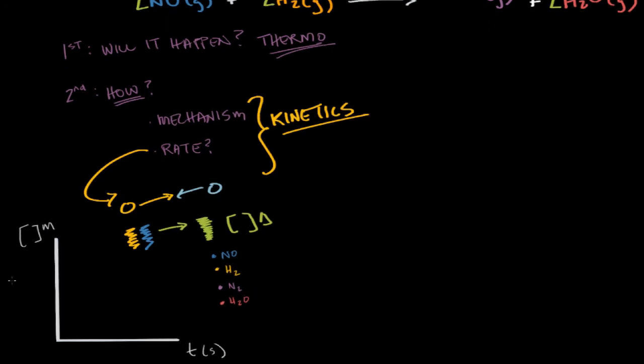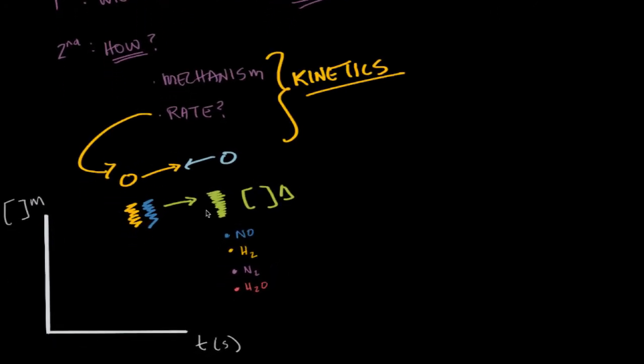And so we'll start with quite a lot of our reactants. So we have a lot of nitric oxide, and we have a lot of this hydrogen gas. And what we'll see as the reaction progresses forward is an immediate drop in our reactants as they become products. And so we see this immediate drop in our nitric oxide and an immediate drop in our hydrogen gas. And at first that happens quite quickly because there's a lot of nitric oxide and a lot of hydrogen gas